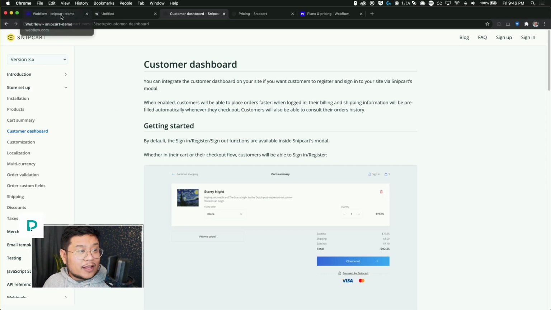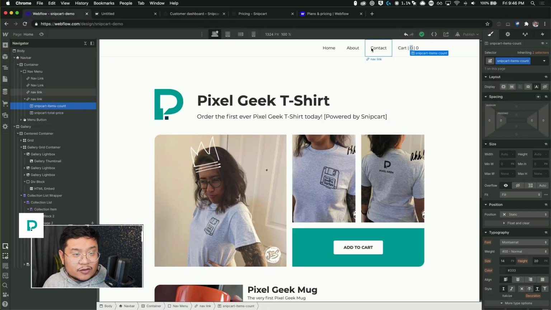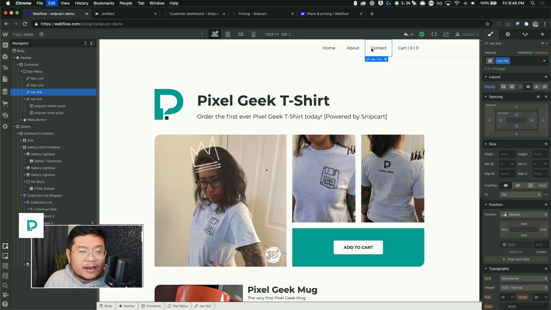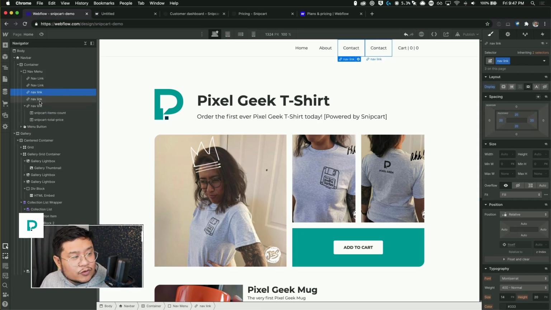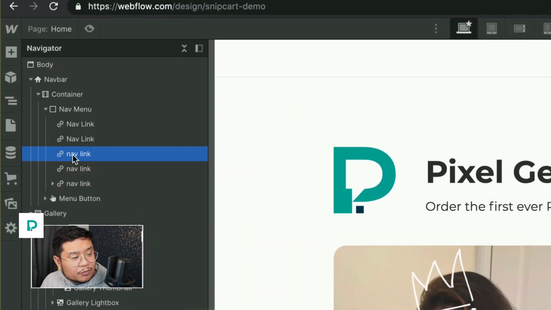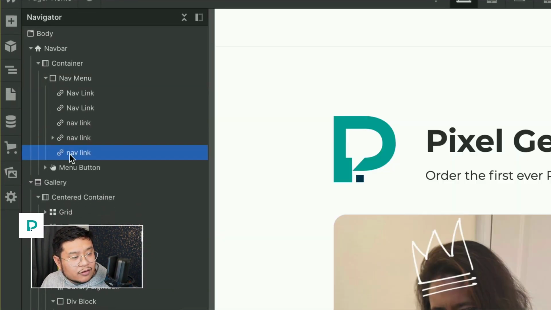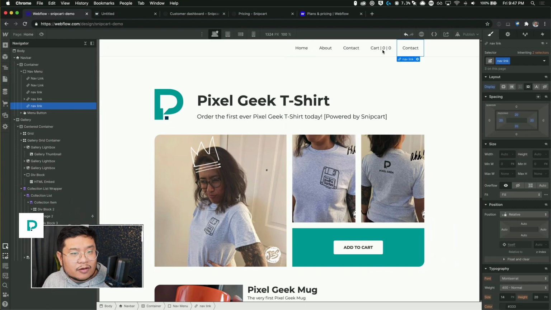So let's go ahead and go into my project. I'm going to copy and paste one of the nav links, and I'm going to push that over to the end. Right there. I'm going to replace the word contact with my account.